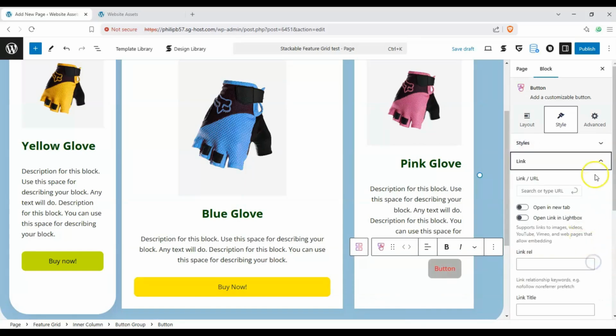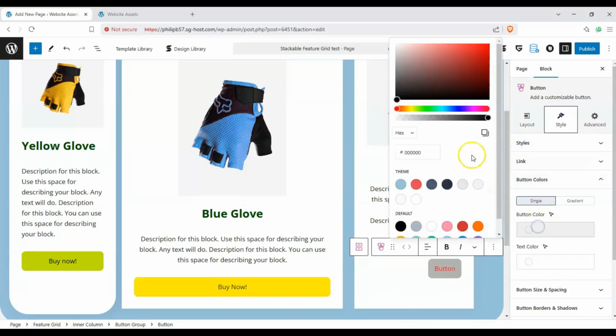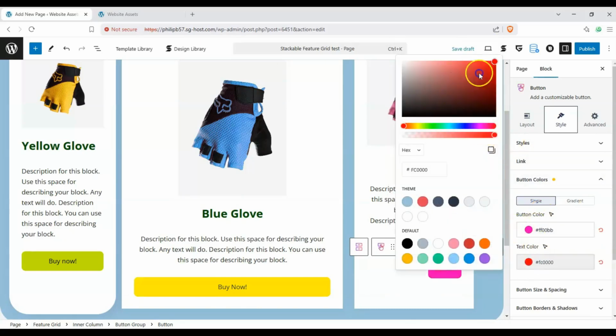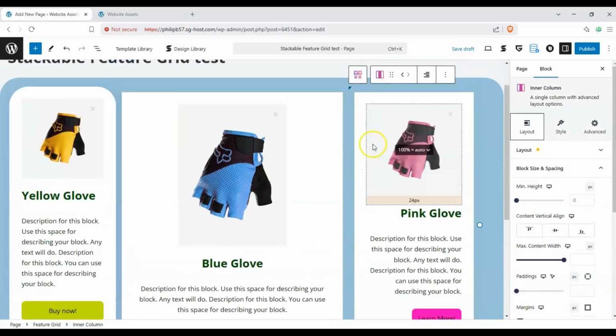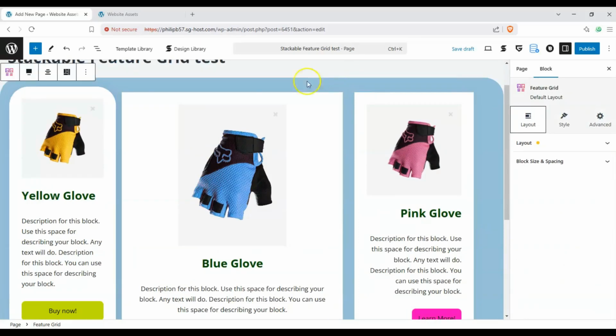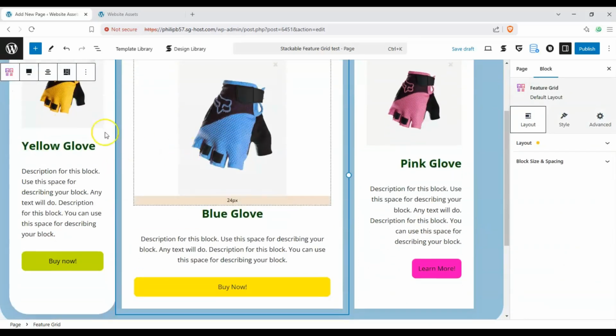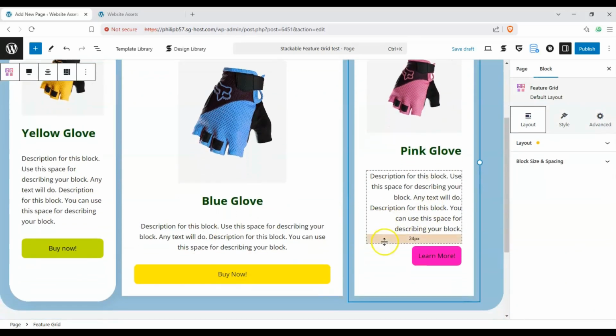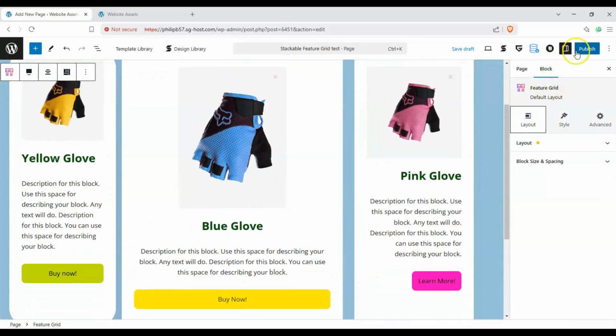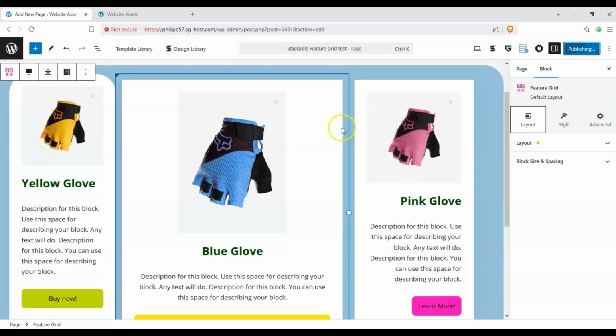Styles, button colors, let's make it purple, and our text colors will be black. And I'll change this one to learn more. Okay, so we have adjusted our feature grid settings, our individual column settings, and now fleshed out our individual feature blocks. So once we're happy with that, let's go ahead and click on Publish and save our progress